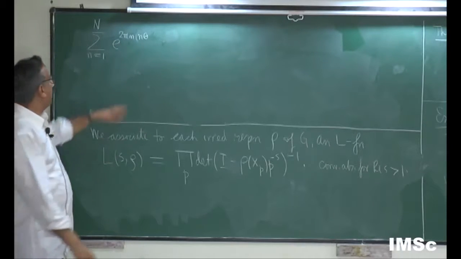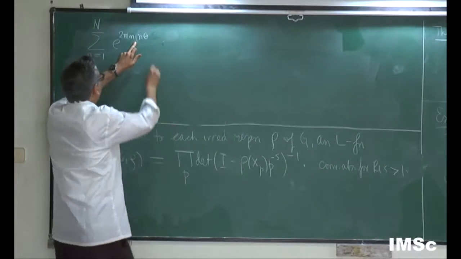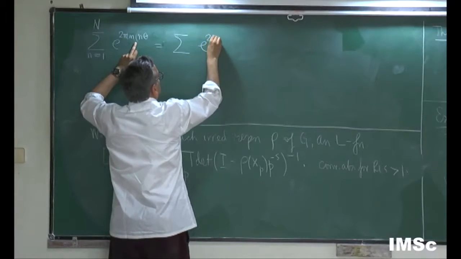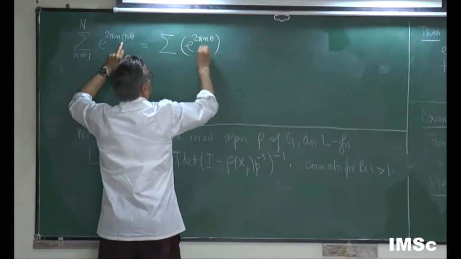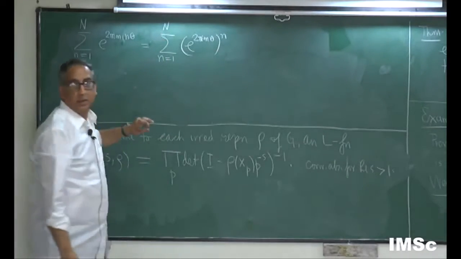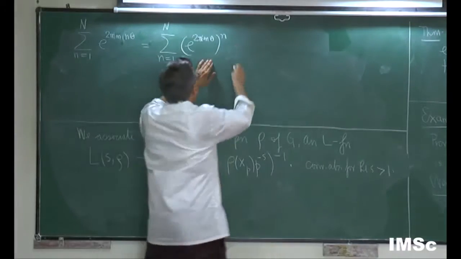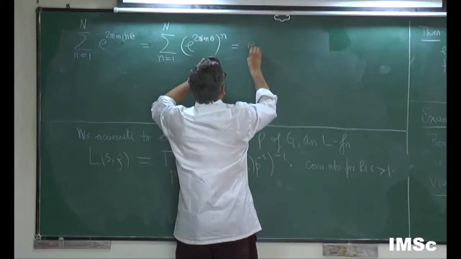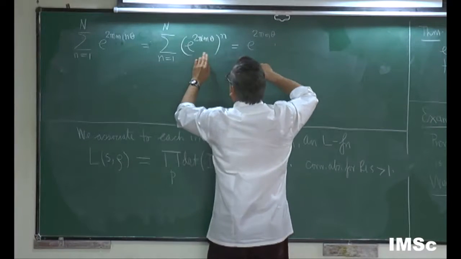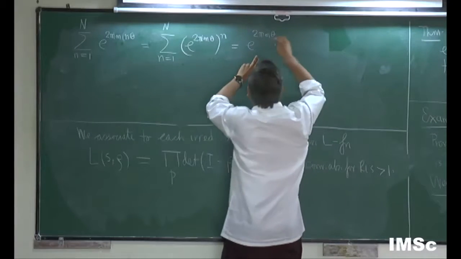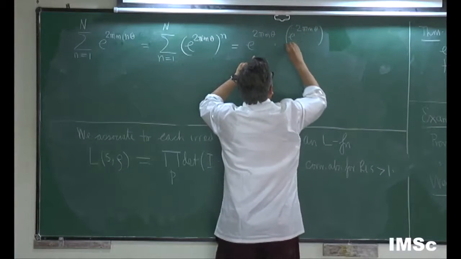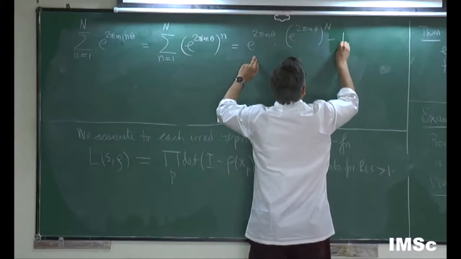Now I have a geometric series here, which you can all sum, right? So I factor out e to the 2 pi i m theta, and then I have 1 plus, whatever, e to the 2 pi i m theta to the power n minus 1, divided by